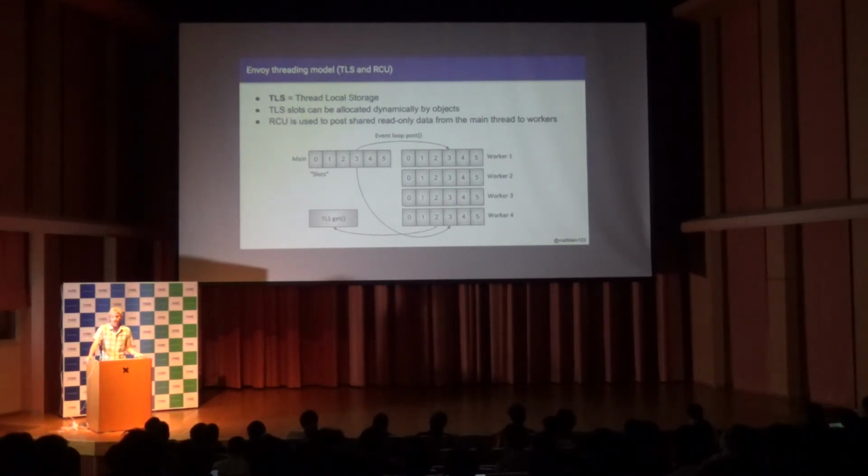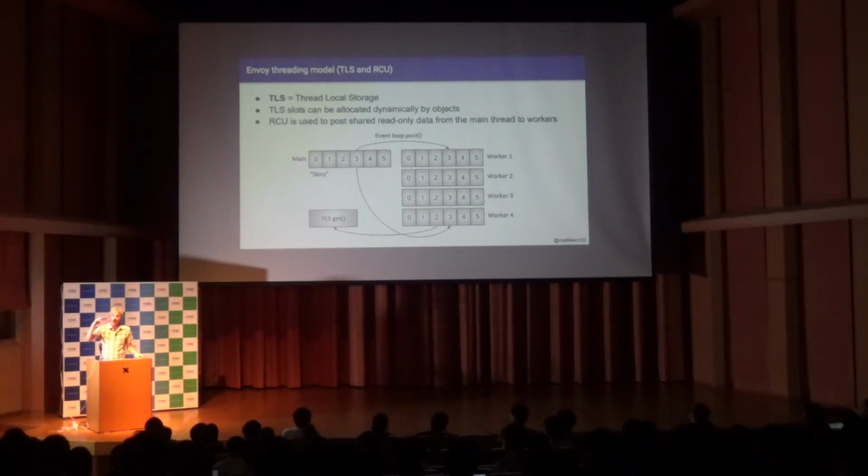And for the purposes of Envoy, each of these slots is really a reference counted pointer. So what we're seeing here is we have 5 different slots. Let's say that slot 3 is our route table. And let's say that I have a process that is updating my route table. So on the main thread, I might come through and say, okay, I've got some new routes. I'm going to take this new route table, I'm going to stick it in slot 3 on the main thread,